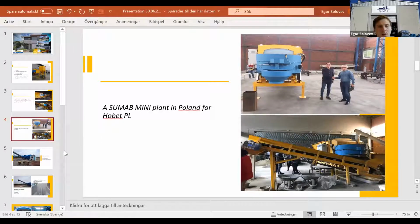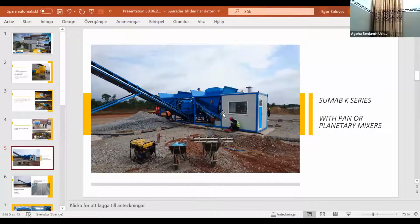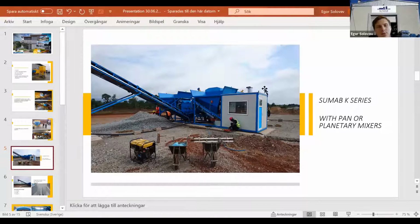By this, I can move to the little bit bigger plant, which is our K-series. Here on the picture, you can see that this plant has a control room, and inside this control room, you will find the control panel where you can control this unit. And this control cabin is also equipped with AC and some standard stuff that you will use in your production. Then also this plant is equipped with 4 aggregate storages, you can see here, and with a belt